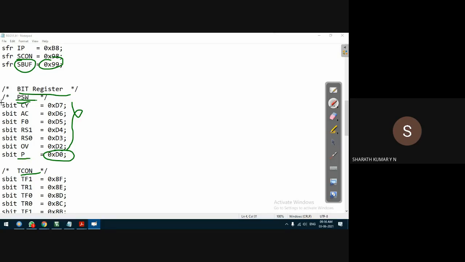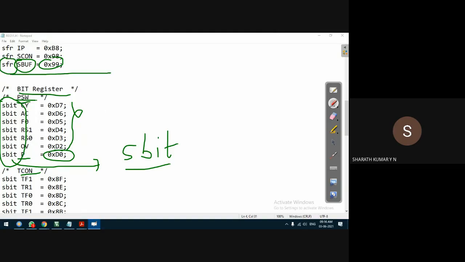This bit accessible special function register is defined using SBIT. SBIT is a data type which is used to access individual bits of a special function register, whereas SFR is an embedded C data type which is used to access byte accessible special function registers.